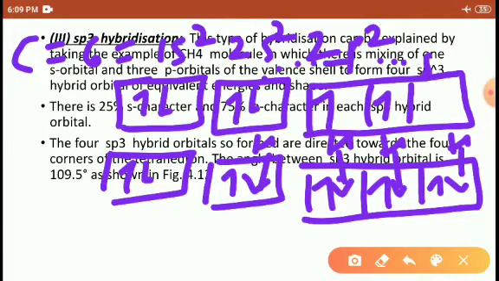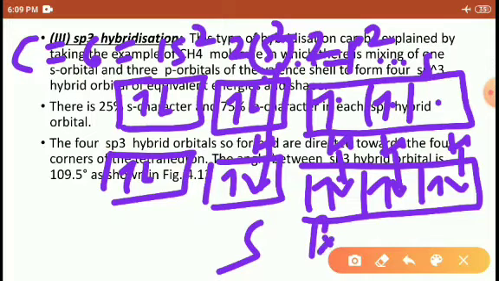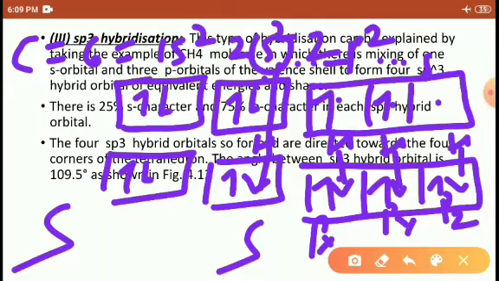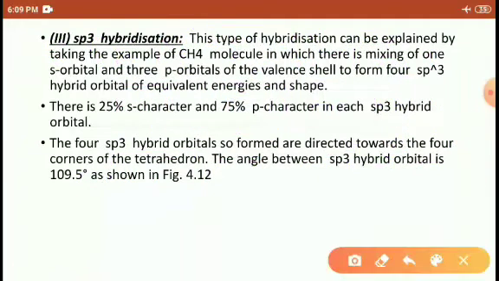So tell me, one hydrogen shifted into which orbital? S. This is S. So px, py, pz. So one shifted into the px, another into the py, and the third one into the pz. So tell me students, how many s? 1. How many p? 3. So the hybridization is sp3. Right? Very good, students. So here the CH4